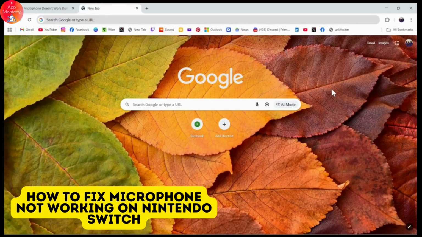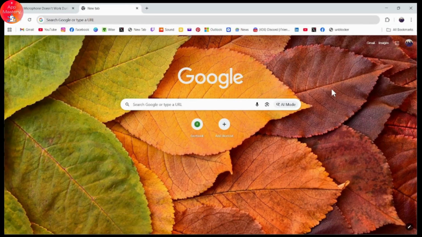How to fix microphone not working on Nintendo Switch. So if you want to fix microphone not working on your Nintendo Switch, then what you need to do is